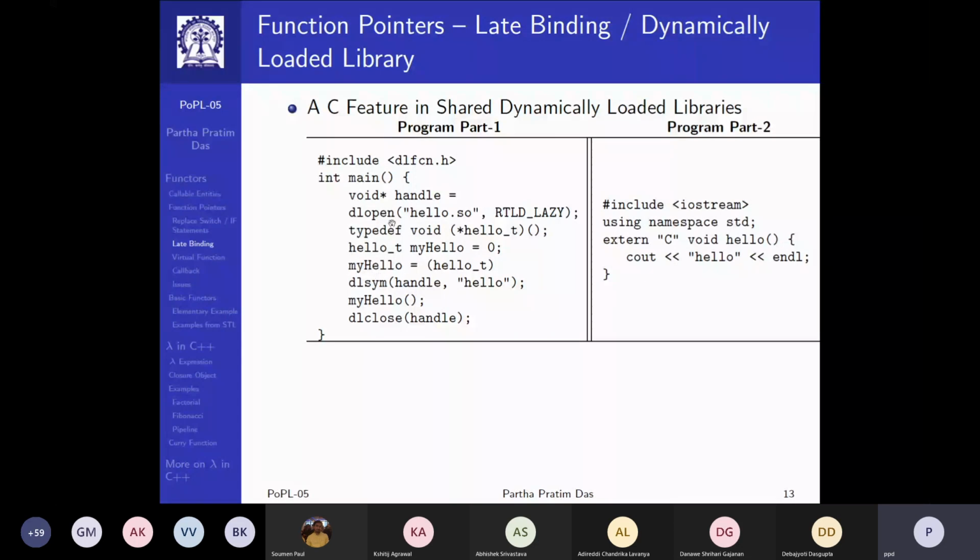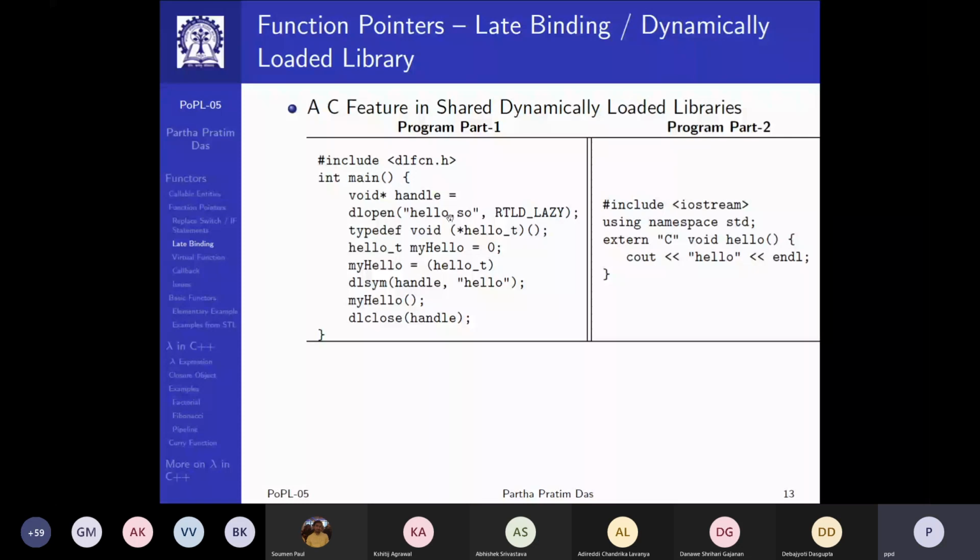So dlopen is just one way to do that, and it is system dependent. The way that is shown here is from Unix. There is a special function, which again comes as a part of a library, called dlfcn.h, the dynamic library function header. That has a function dlopen, which is given the name of the executable, where .so in Unix means shared object or dynamic library. So you give the name of that and some parameters. Don't worry about what that parameter means right now. It just says lazy, that is, bind it lazily. So this gives you a handle to this